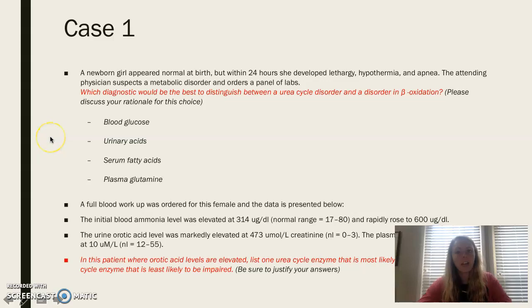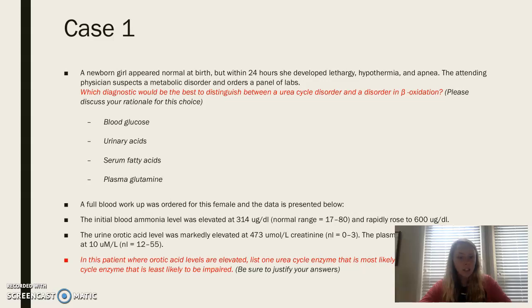So to start out for case 1, they present a newborn girl that was normal at birth, but within 24 hours, she was experiencing lethargy, hypothermia, and apnea. They suspected a metabolic disorder and ordered labs. The case is asking which of these diagnostics would be best to distinguish a urea cycle disorder and a disorder in beta oxidation. Her blood workup showed that ammonia levels were elevated along with urine orotic acid levels, and that